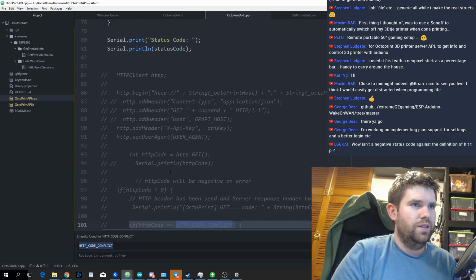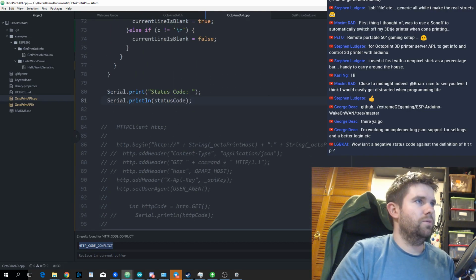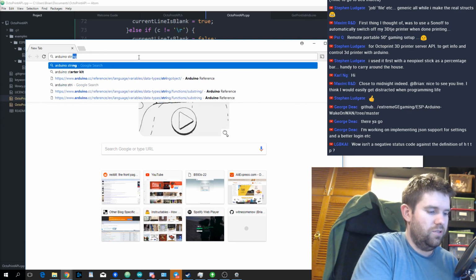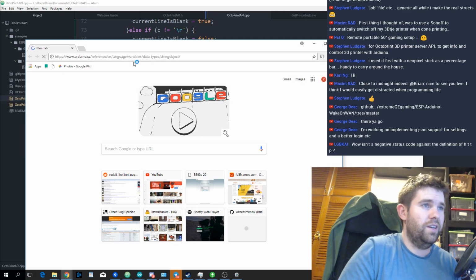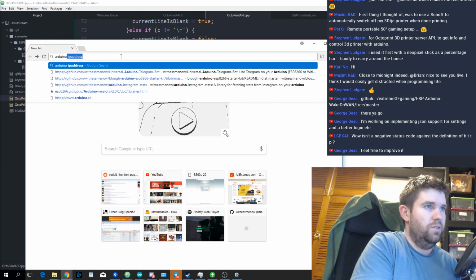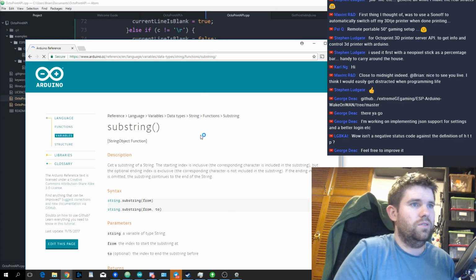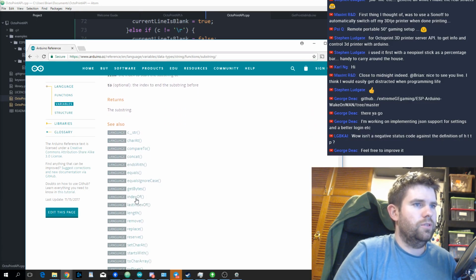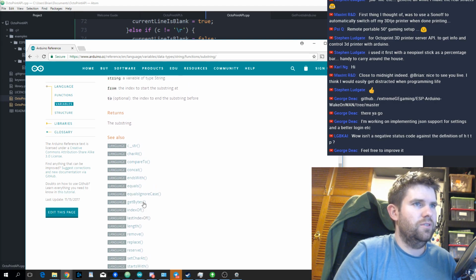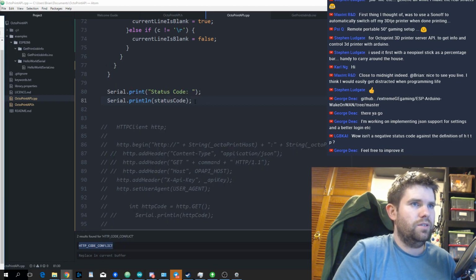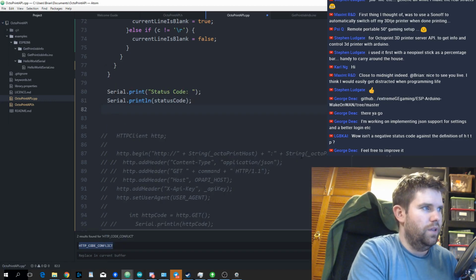Okay, so let's read out the status code. We are going to grab our little tab here, and go to Arduino string substring to look up how to use this, because I forget it every single time. So we're going to use indexOf and lastIndexOf, and then we're going to use substring. So let's get rid of that. So we have status code. So we want to get int